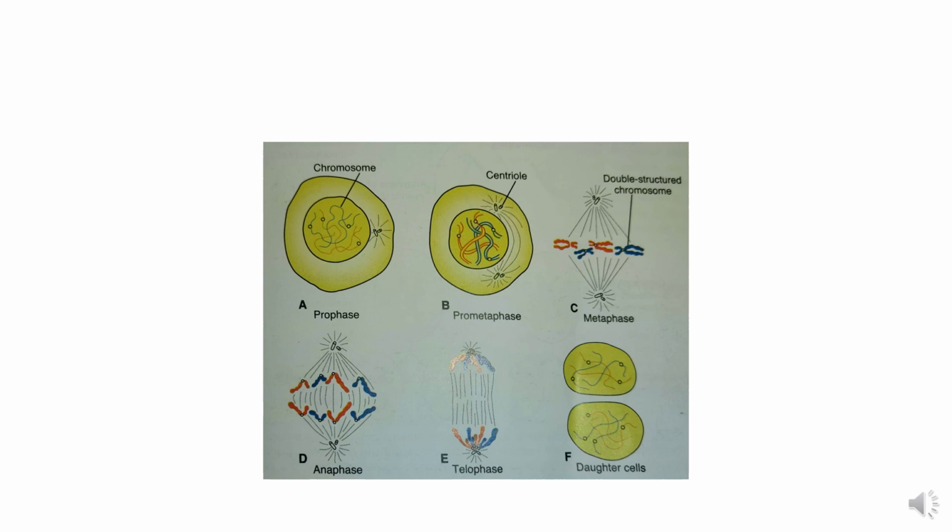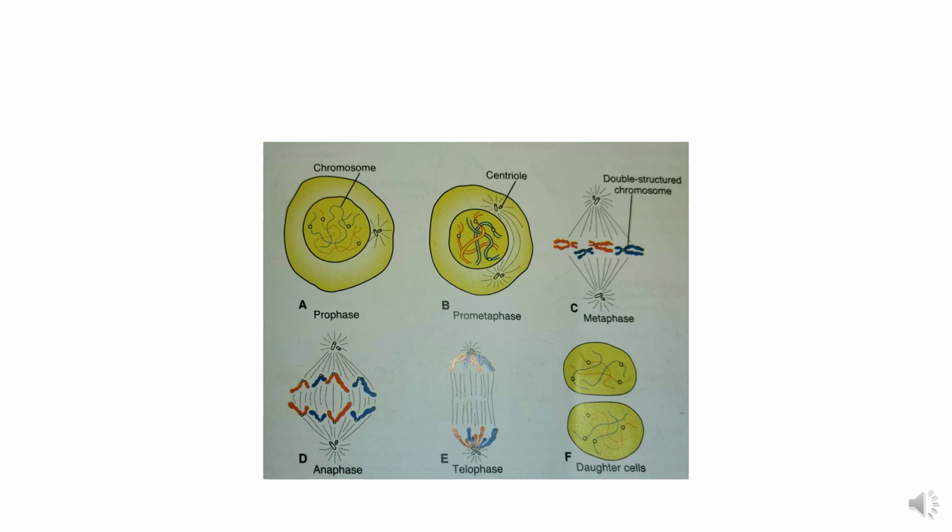Now each chromosome is a double structure, which means two chromatid, 1 and 2. Now these chromatid will separate in mitosis. These are the single chromatid which are moving towards one pole, and they are moving toward the other pole, so they are approaching over here. So what has been achieved in the daughter cell? This one is a daughter cell, this is the other daughter cell.